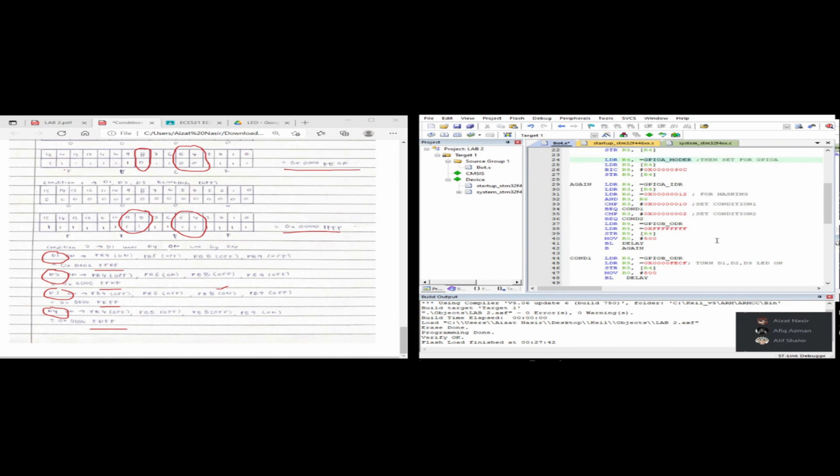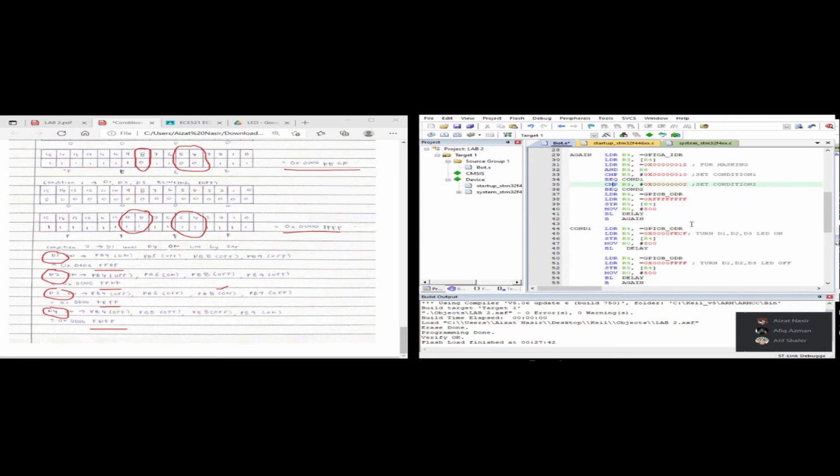So we need to load R6 with 0x00000012 for masking. After that, we need to use the CMP command to compare R3 with 0x00000010 to set condition 1. So next, we use the CMP command also to compare R3 with 0x00000002 to set the condition for number 2. We need to load R5 with 0xFFFFFF to reset the simulation. So for condition 1,